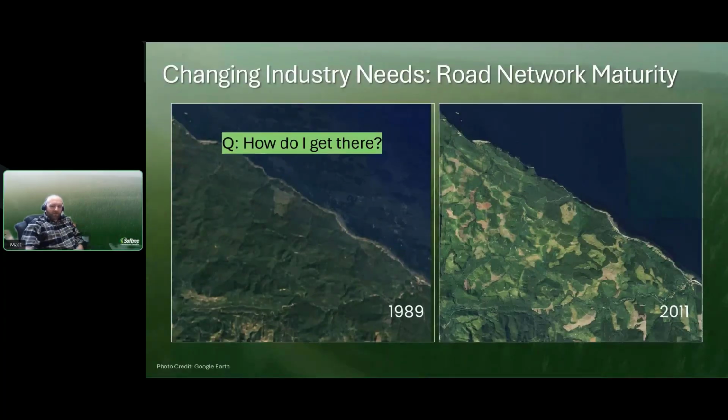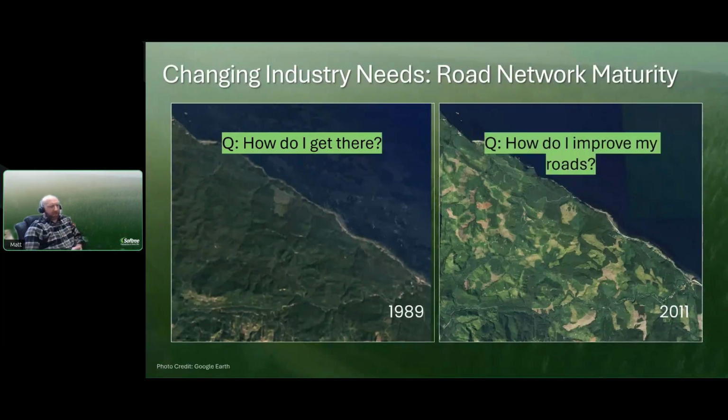Now that could be looking for efficiencies. So it could be a matter of, we're able to use larger vehicles now, run B-trains. Maybe we want to low bed further back onto our property than what we previously were able to. So upgrading the road to support larger vehicles could be one aspect of improving your road. It could be realigning to reduce haul costs, realigning to find more direct routes, etc.